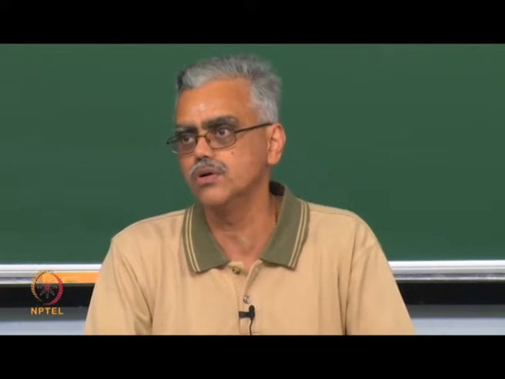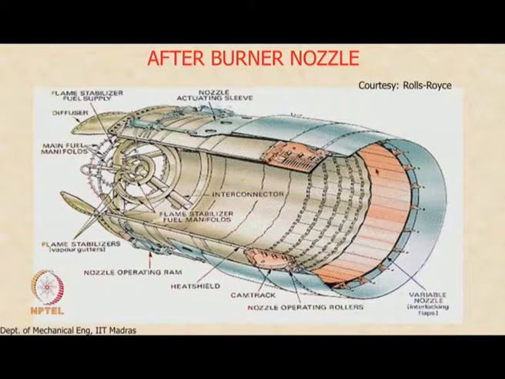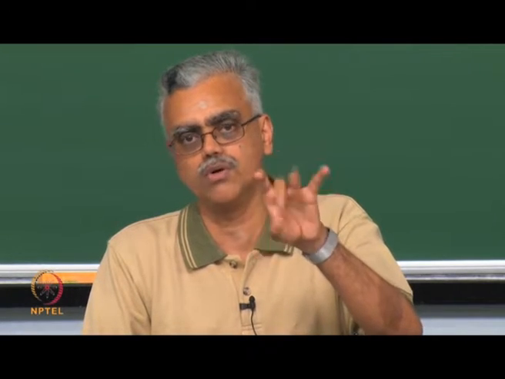This was something that we saw when we discussed Rayleigh flow, and you can see these segments. So the nozzle is actually made up of many segments. It is not a single piece. It is made up of many of these segments, and it is attached to a sleeve which moves forwards and backwards, and as it moves forwards and backwards, the segments spread like petals of a flower to be wide open or to be closed. Okay, so you can see that here.